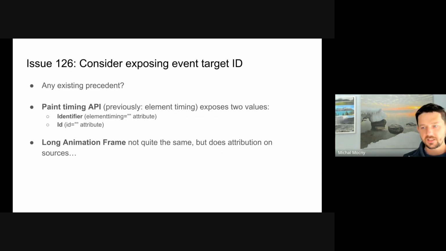So is there any existing precedent in any existing APIs that we can lean on? Paint timing, previously element timing, thank you, Ian, does expose two different values. There is an element, which is similar to target, where you can actually get a reference to the element if it's still there. But you also have identifier, which is a specific attribute, the element timing attribute, but also ID, like the ID of the element itself. So I think at a minimum, we could do ID. I think you could imagine possibly reporting element timing IDs, should they be there, or having an event timing ID,